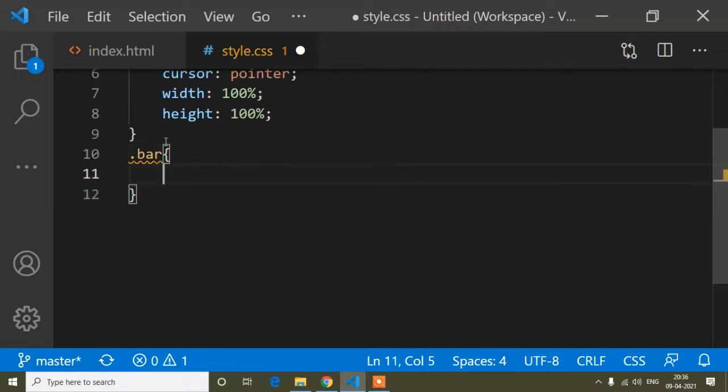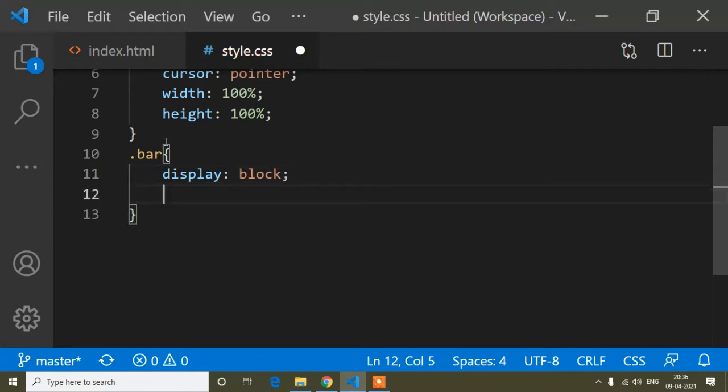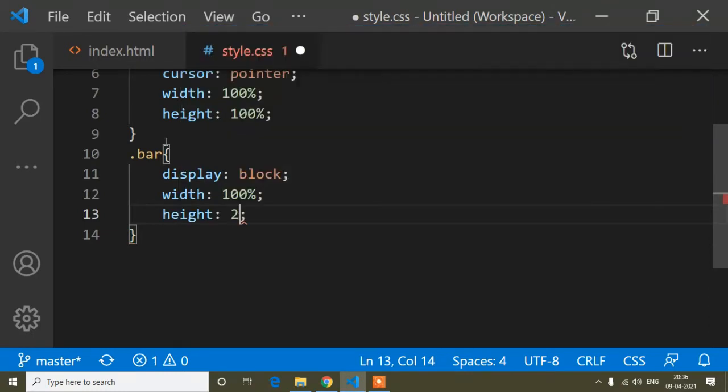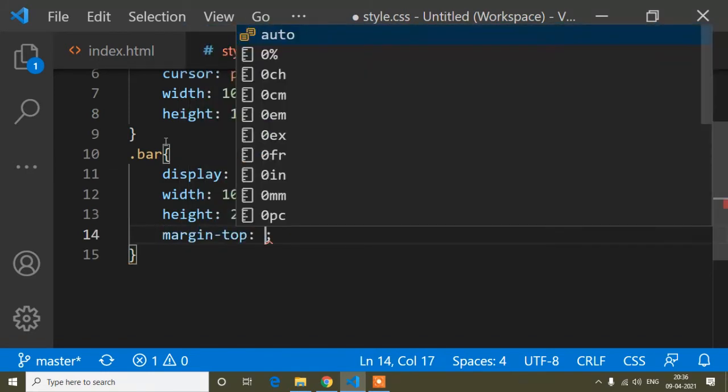So display block, and now width 100%, and height 20%, and margin top 20%.